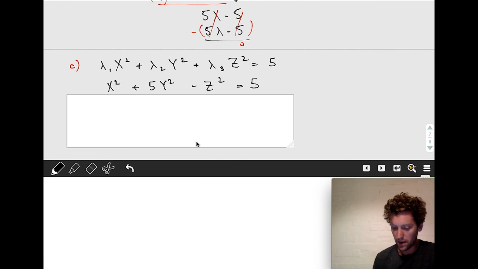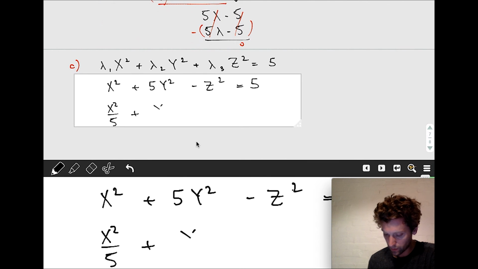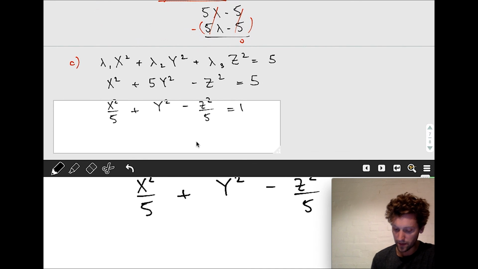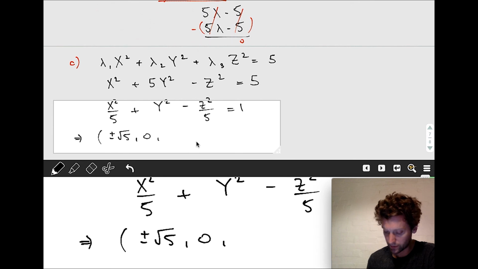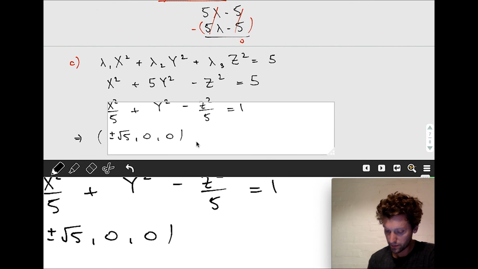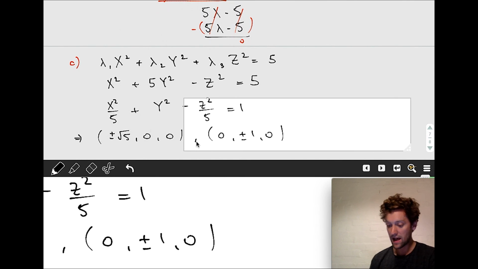Let's divide by 5, just to make life easy. So I get x squared divided by 5 plus y squared minus z squared divided by 5 is equal to 1. And we can immediately read off that there's going to be points x is equal to plus or minus root 5, y is equal to 0, z is equal to 0, x is equal to 0, y is equal to plus or minus 1, z is equal to 0,